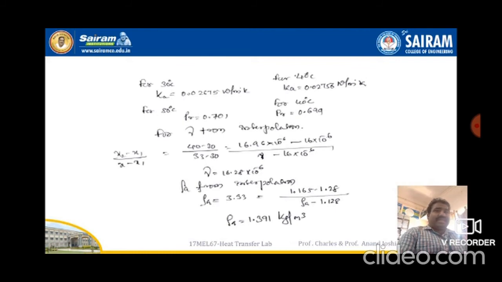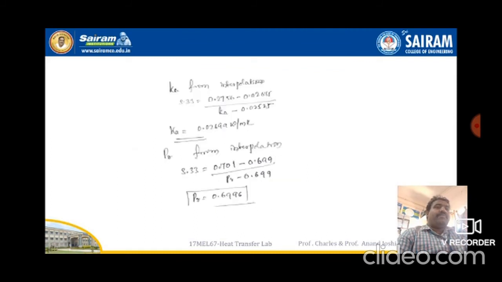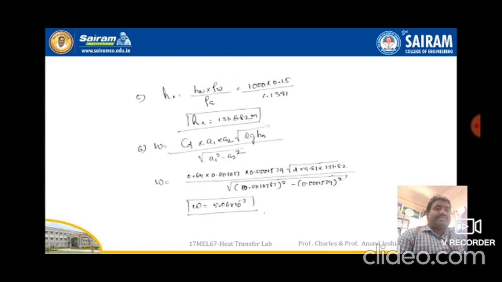power minus 6. Similarly, for the density of the air, we got 1.39 kg per meter cube. Similarly, thermal conductivity, that is 0.029 watt per meter Kelvin, and Prandtl number we get 0.6996. So once we got all thermal conductivity, density, and kinematic viscosity, you substitute to calculate heat